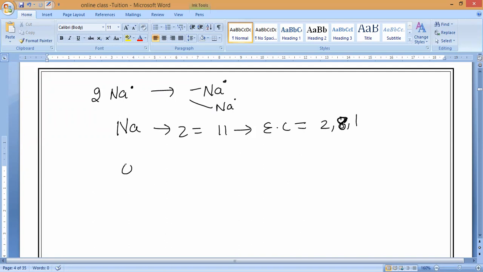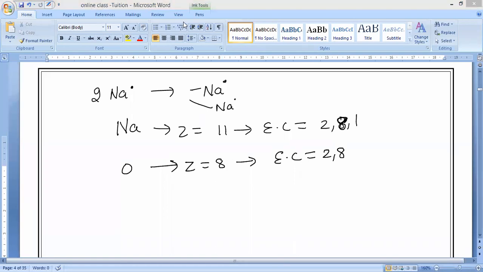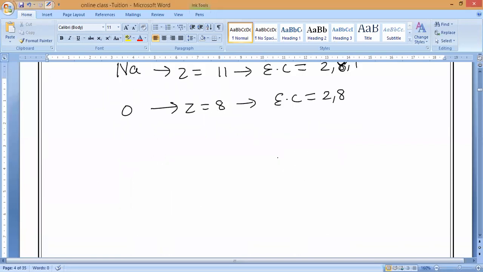So now, in the same way, oxygen. What is that? Speak. Oxygen is 8. What is the electronic configuration? 2, 6. Everybody should speak. You should take initiation. You should feel that yes, I should learn. How many days are you people like this? Class 9th also, class 10th also, you are like this.